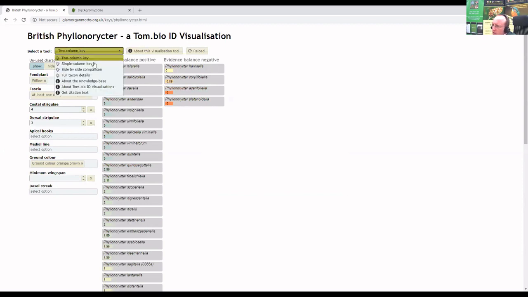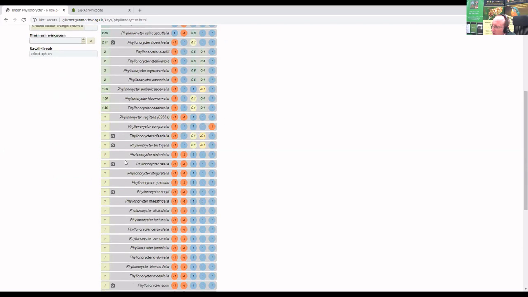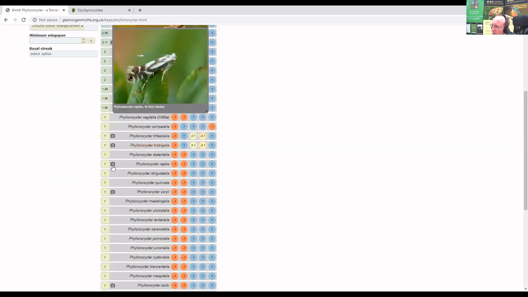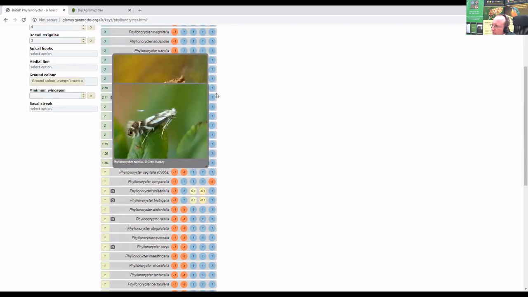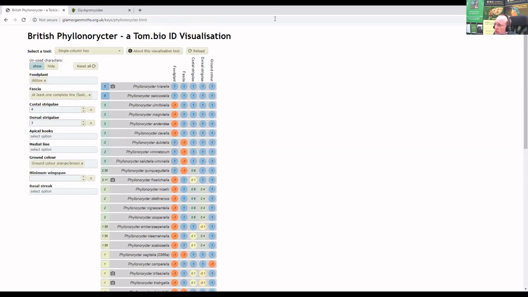There are other versions, so you can do it from different formats, so you can see which species scores on a particular thing, and from this view you can then see, oh, there's a photo of that. So was it Trifasciata? No, it wasn't that species. Was it Regella? Oh, that's a nice basal streak there. So that's, as I say, the Phyllorictors. They're probably more easily identified as larvae, but if you've got an adult, you've got a hope of at least getting somewhere close using something like this